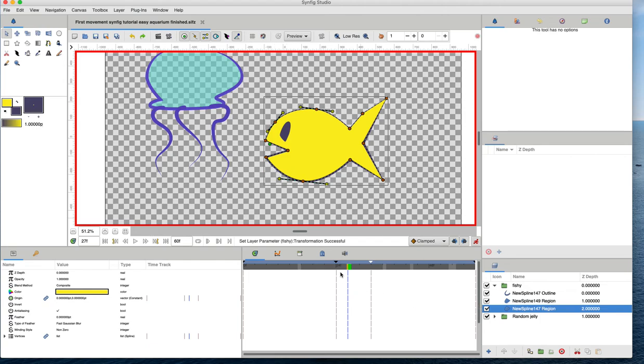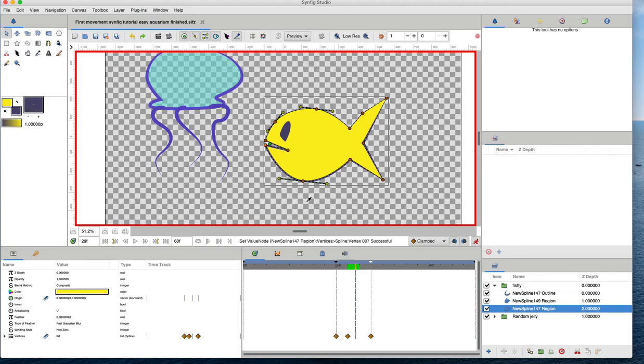So let's say I want to say, okay, from frame 24 to 27, I want you to close your mouth. Well, how would you do that? Well, I'm going to click and drag and select this point here. I'm going to say, okay, by that time point, because the red dot's here, just go up and meet the top part of your mouth. I'm going to hit save. 2 frames later,